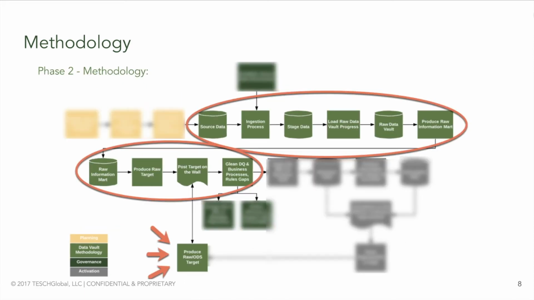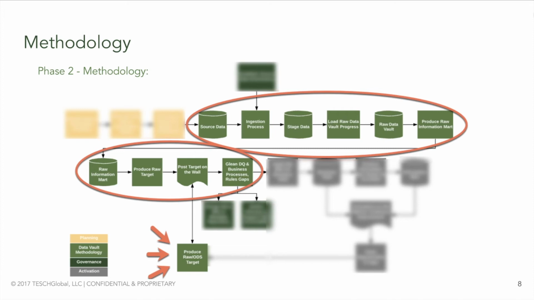The data vault methodology involves ingesting source data into the staging area. Between source and staging, business keys are hashed, duplicates are removed, and other hard rules are applied. The staged data is then loaded into the raw data vault. Once the data is in the raw data vault, business vault, PIT, and bridge tables can be generated to produce a raw information mart. This raw mart is the basis for business users and technical data analysts to produce raw